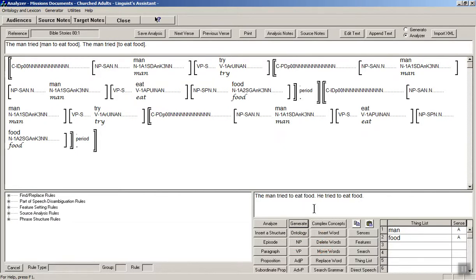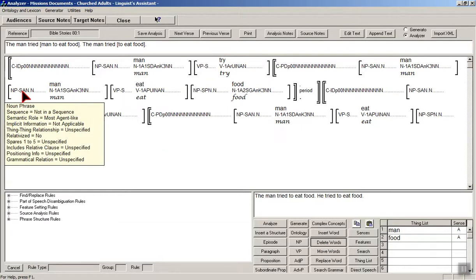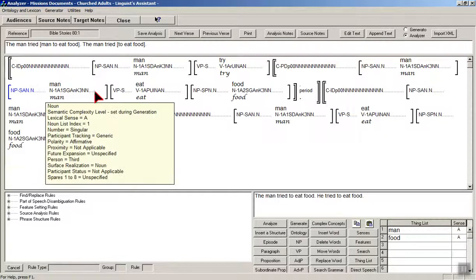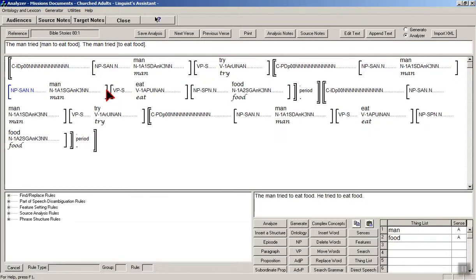So if I go down and in these buttons down on the bottom right, I see there's one that says delete words. So I'm going to click on that. Now, if I just start clicking, it'll delete one word at a time. So I know a trick here. If I push down the control key and I click on the first one, then that became blue. And then if I click on the last one,